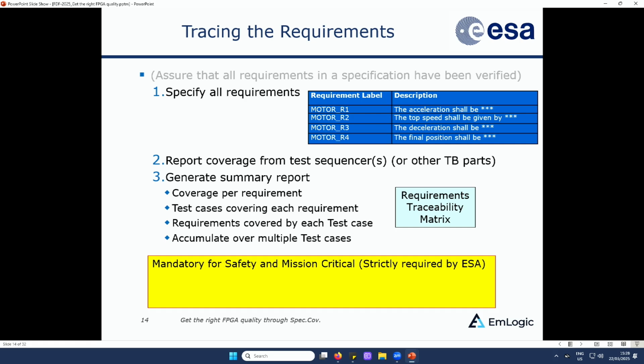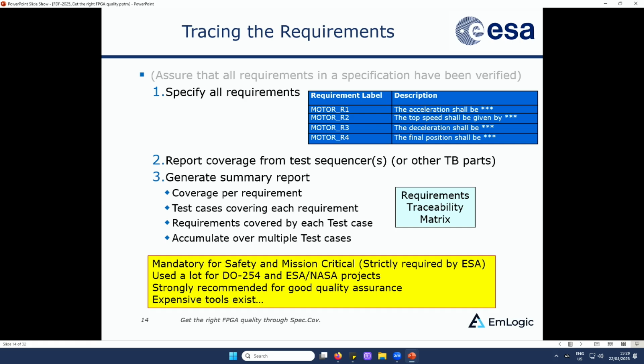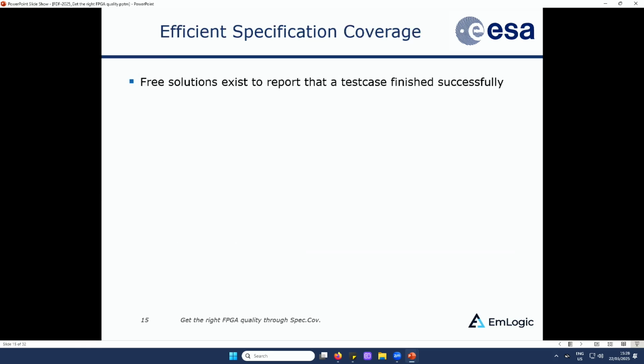It's required, it's mandatory actually, for safety and mission critical systems. And it's used a lot for DO-254 and ESA-NASA projects. I would say it's strongly recommended for any projects where you want to have a certain quality. And you have a specification for that. There are expensive tools existing, but UVVM has this for free and open source. There are actually also open source systems that give you some of this functionality. But